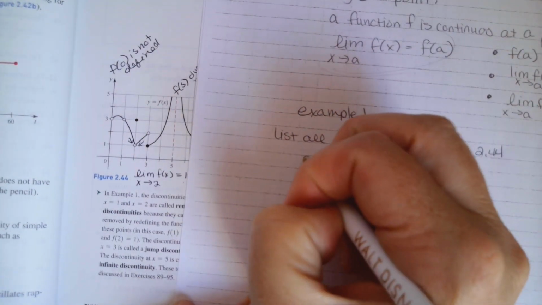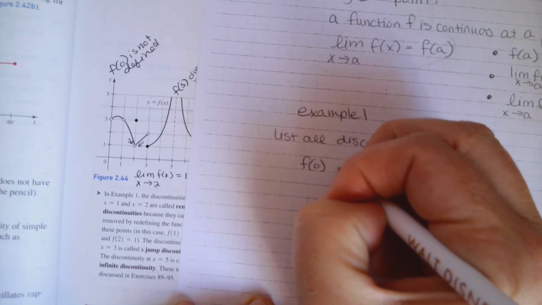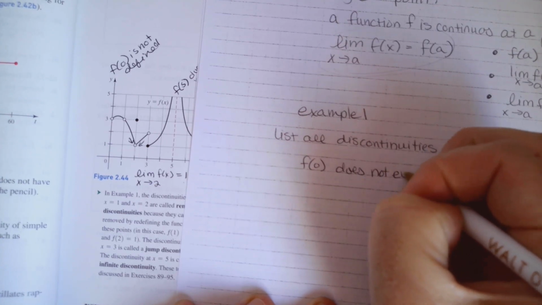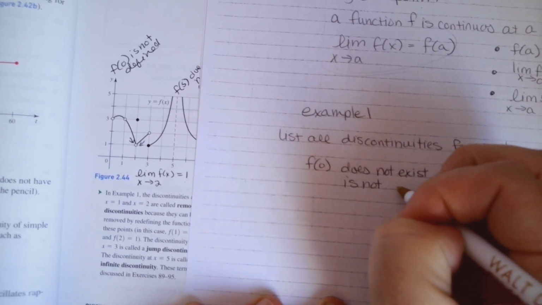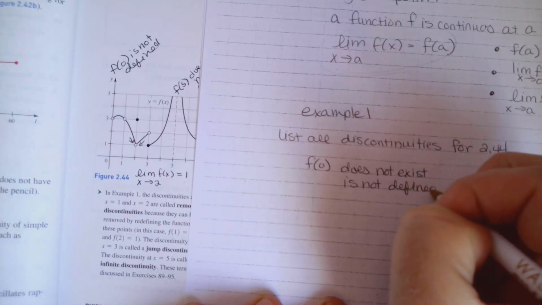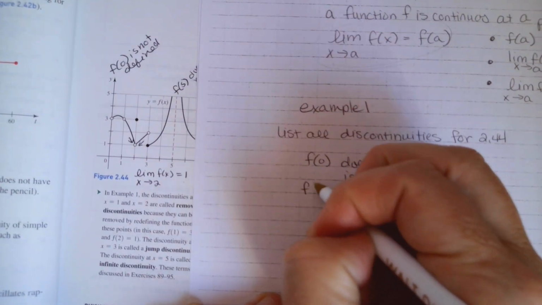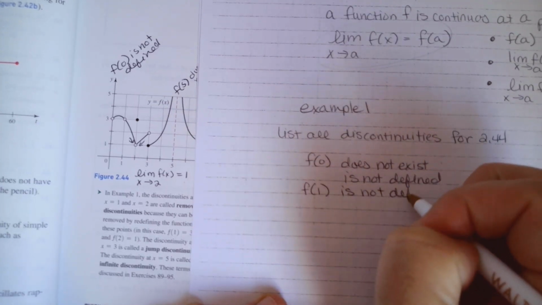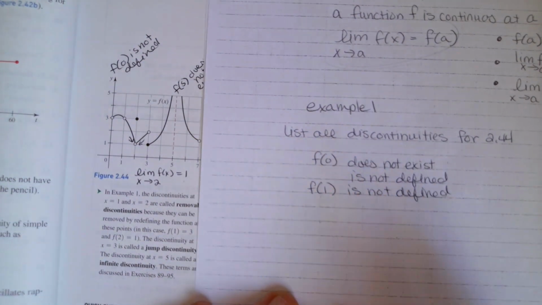So f of 0 does not exist or is not defined. Okay, f of 1 again is not defined. f of 2,